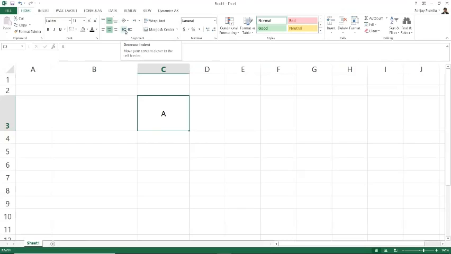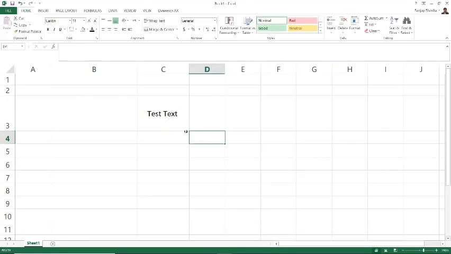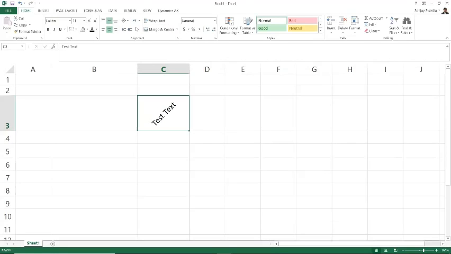Moreover, you can also change the orientation. In order to change the orientation, you can click on this option, orientation, and here you will see, let's increase this text. Now let's try the other options.